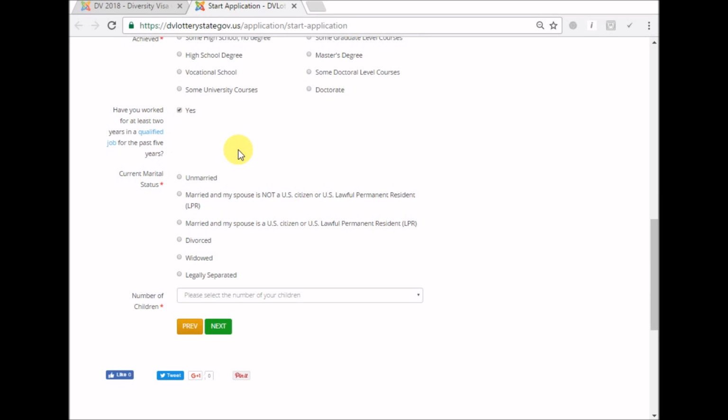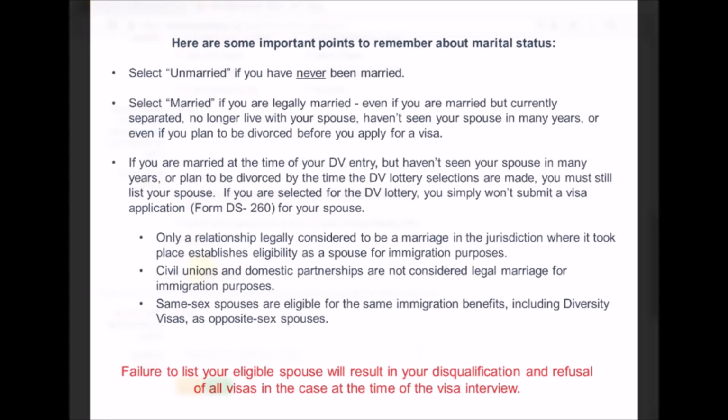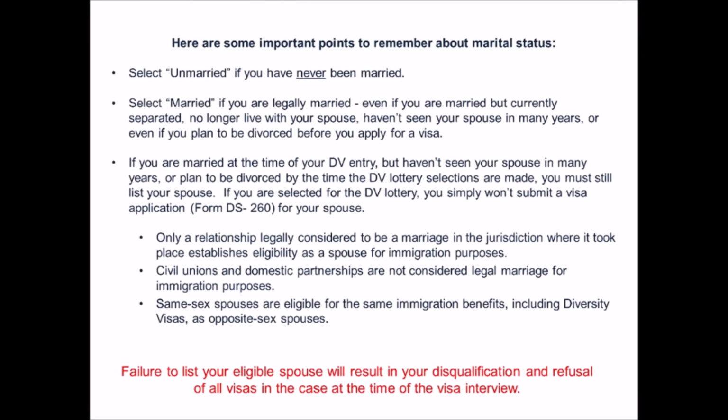Select your current marital status. Mistakes are often made by applicants who do not select their correct marital status. Failure to complete this information correctly can lead to disqualification from the DV program. Here are some important points to remember about marital status. Select unmarried if you have never been married. Select married if you are legally married, even if you are married but currently separated, no longer live with your spouse,